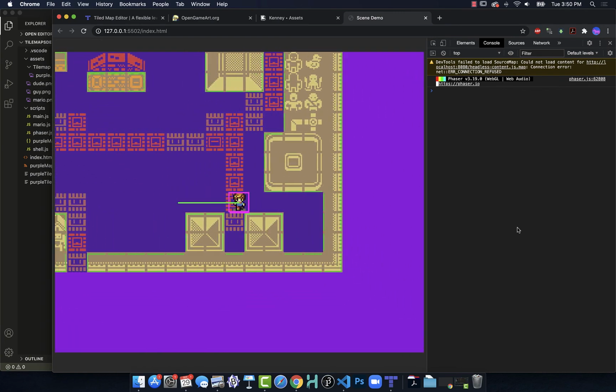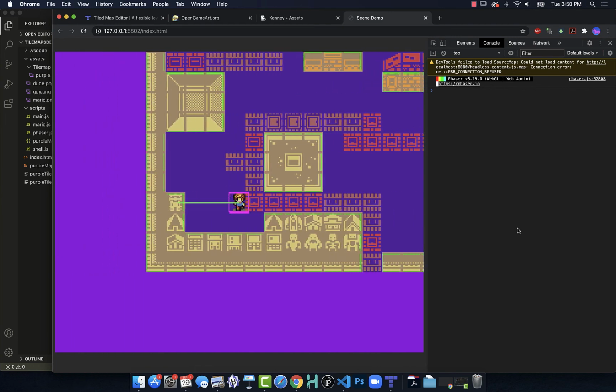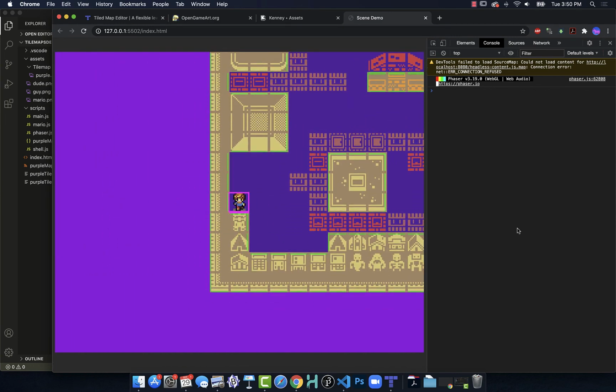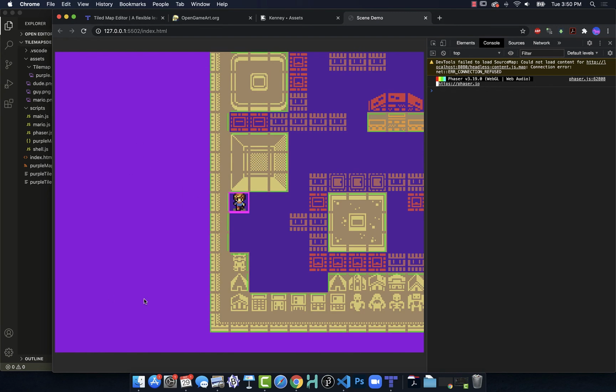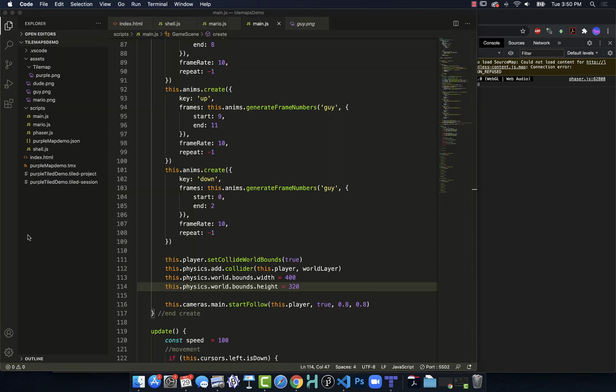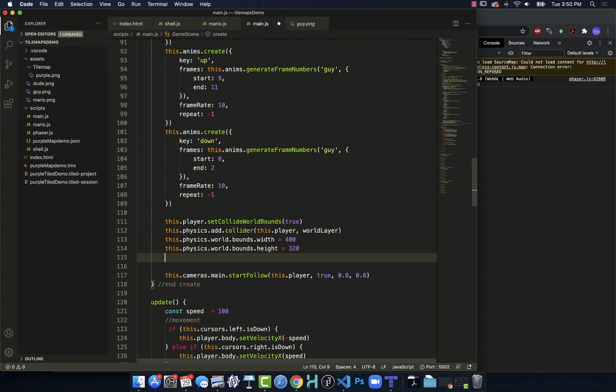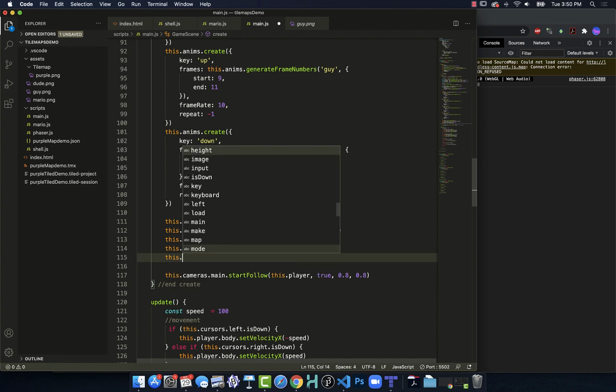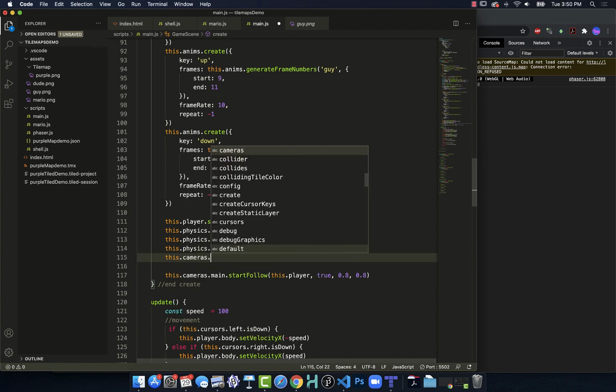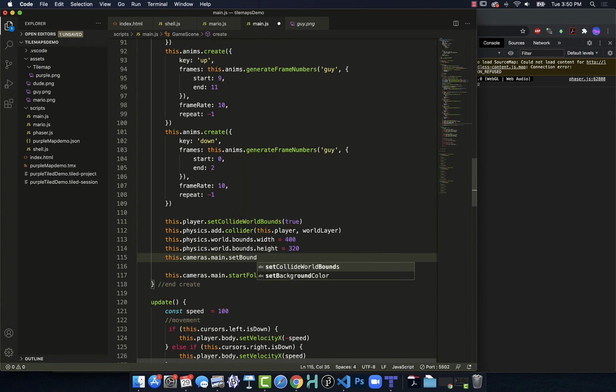Maybe I want the player always to be in the dead center of the screen because we're using follow, and I don't mind seeing the extra border around on the screen. But if I do mind that, then we need to adjust what is happening with the camera. So the camera is following the players, but before we do that, we may want to set the camera, this.cameras.main, because we're just using the main camera right now, set our bounds for the camera to be 0, 0,